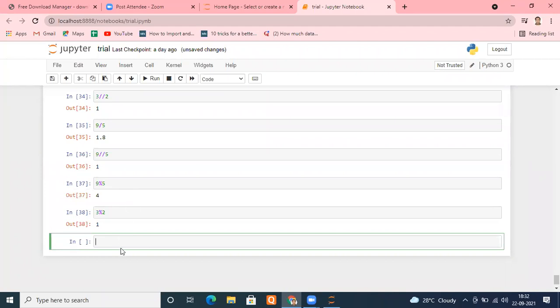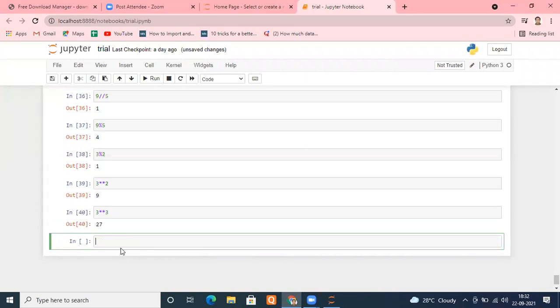Okay. Next one is the power. Suppose I'm using 3. I'm using exponentiation. Exponentiation is denoted by 2 stars. So what will it do? It will do 3 to the power 2. So what will we get? 3 to the power 2 will be 3 square, right? Yes, sir. 9. So we should get 9. If we use 3 to the power 3, what will we get? 27. Right or wrong? Yes, sir. We will get 27.